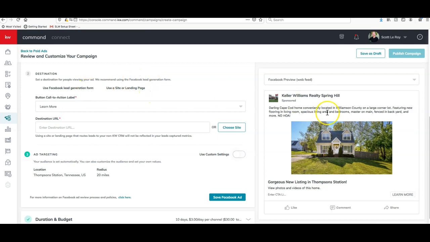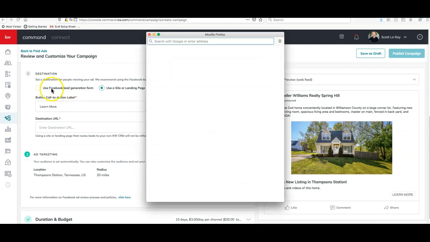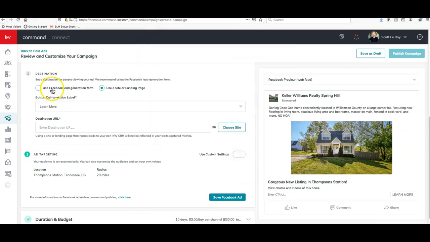Basically, whenever somebody clicks on this ad, Facebook will give them a lead capture form where they would put in their personal information, and that would go into your Facebook leads. And those should also, at the same time, pull over into your Command database. So I just want to explain where those go. So if you were to select this option here, it is asking me to sign in. Even though I have Scott's Facebook selected, it's asking me to sign in, so I'm not going to do that